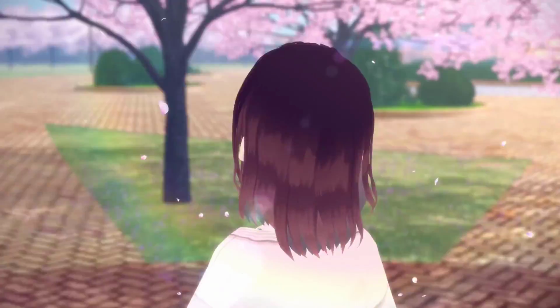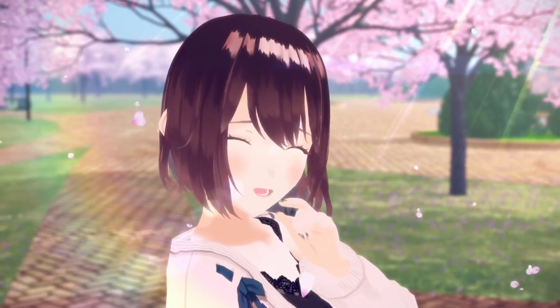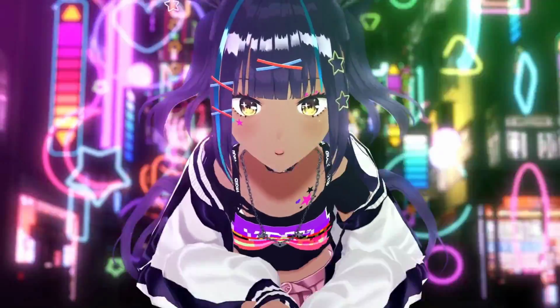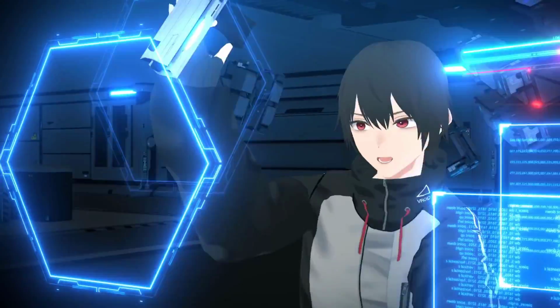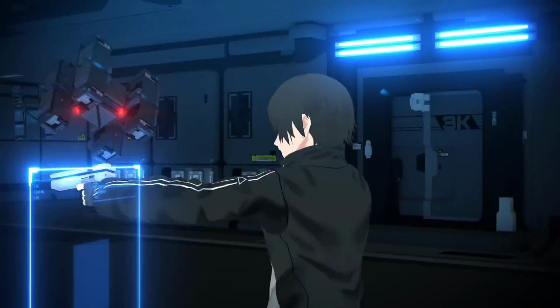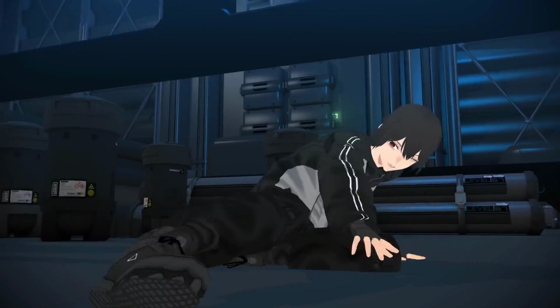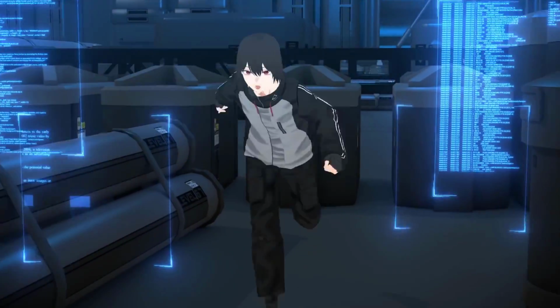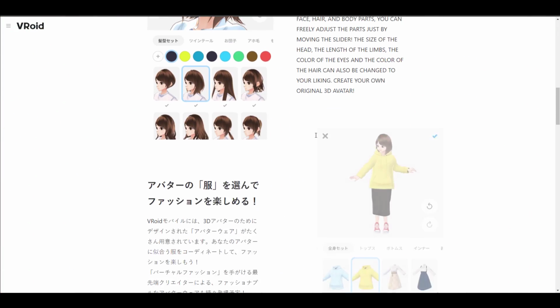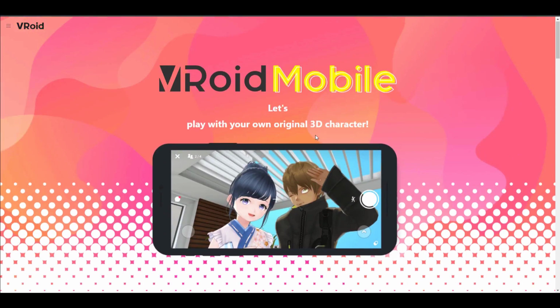Today we're taking a look at Vroid. Vroid version 1.0, the most stable release, is now here. And for those who have no idea what this tool is, it is an anime avatar creator. The beautiful thing about Vroid right now is there is also a mobile version. You can simply go over to the Play Store or the App Store and grab it. And of course, you can start creating some pretty beautiful things with it.